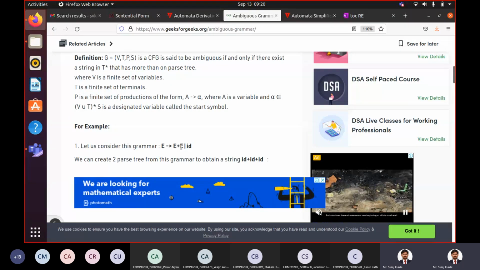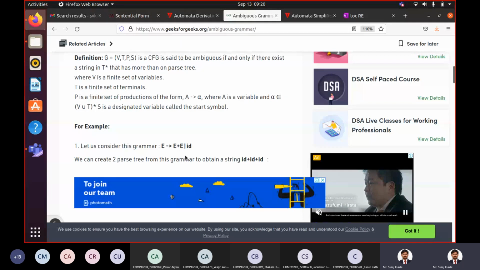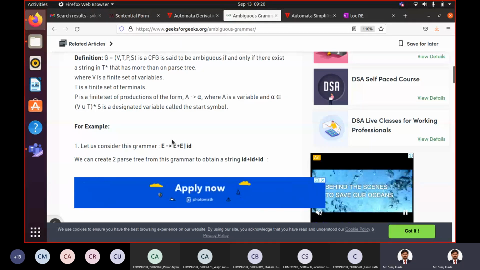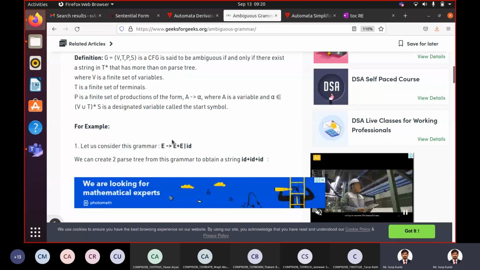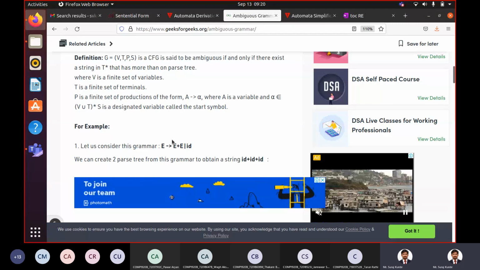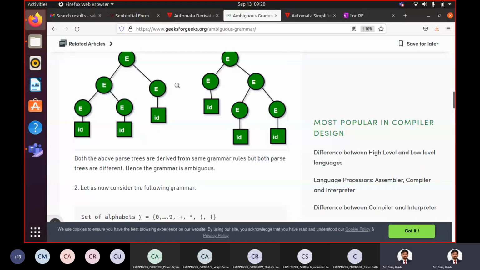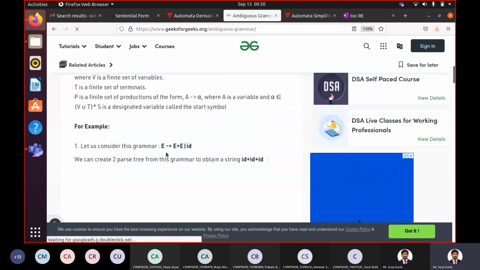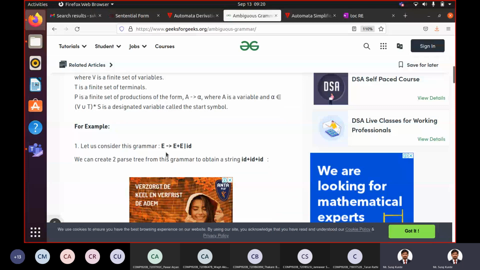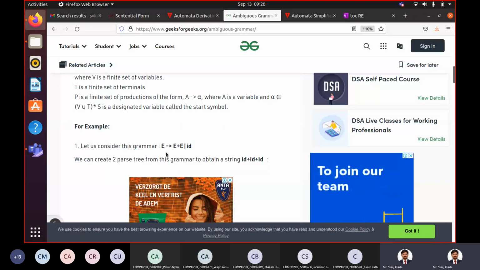So we can create two parse trees for obtaining any string from this grammar. You may consider ID, you may consider ABC, or you can consider only A, and then try to find a string with operators plus and multiplication. So you can see two parse trees are there for the same string, ID plus ID into ID. Two parse trees for a single string from the same grammar, from the same start symbol, same production rules. The grammar is ambiguous.